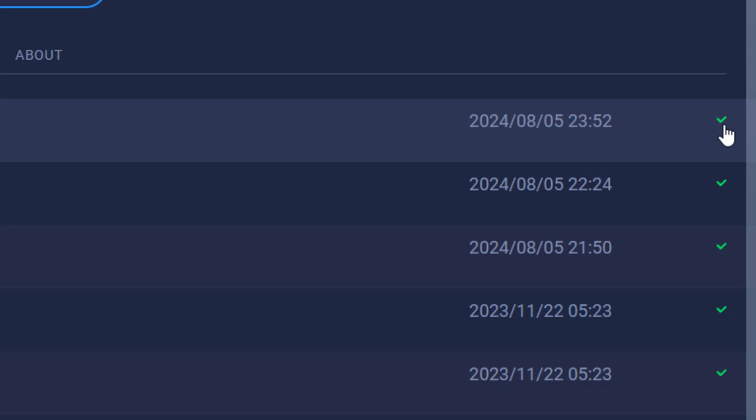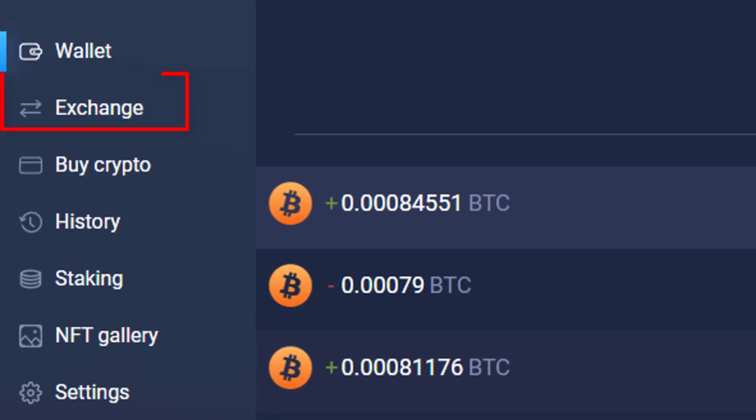All right. So now what we're going to do, because the whole object is to get Flare, right? We couldn't buy Flare coming off the street because they didn't have Flare available for us to buy. So we bought Bitcoin instead. Now, you can do a couple of things in both Exodus and Atomic Wallet.